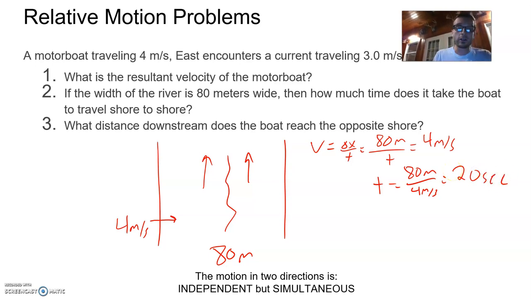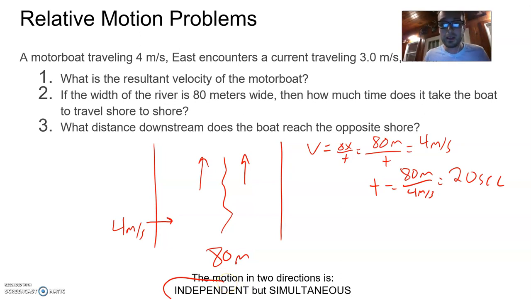Now, what distance downstream did the boat reach the opposite shore? That is where the velocity of the river would come into play. I want you to keep this phrase in mind as we move into our next lesson. The motion in two directions is independent, happens at the same time. So it's independent, but it's simultaneous. Keep that